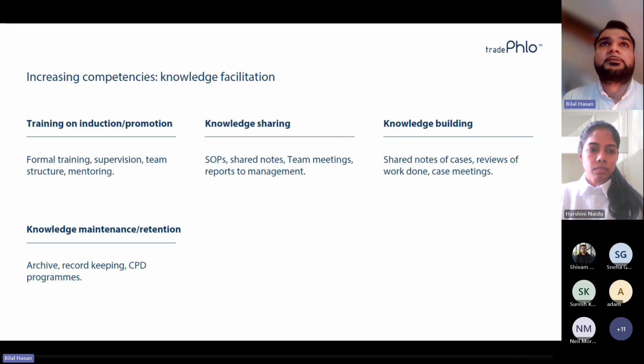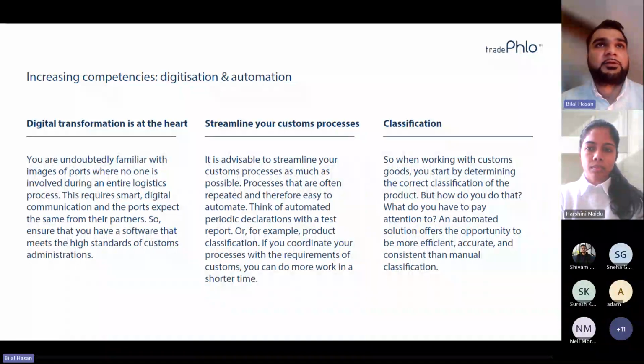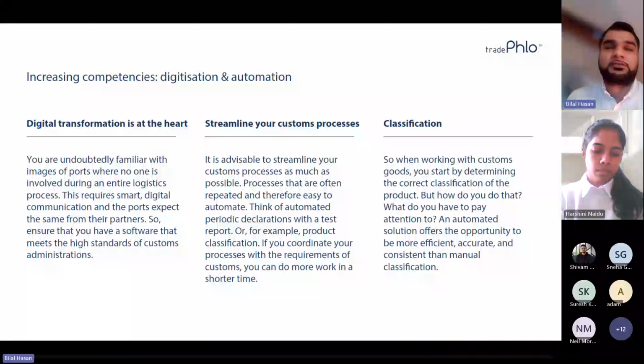Second, of course, is digitalization and automation, which is a key topic for this webinar. For us as tradePhlo, digital and automation is at the heart. We are taking initiatives from a system perspective in terms of building knowledge repositories on the system itself, exploring innovative solutions, not just innovative solutions, but application of innovative solutions. And you will see that in future slides,